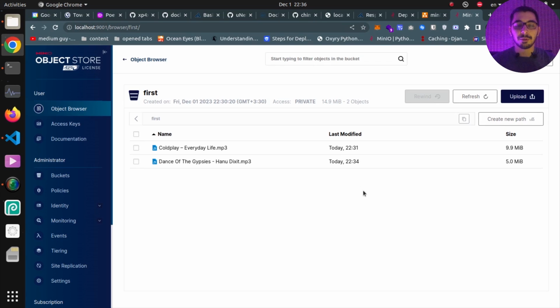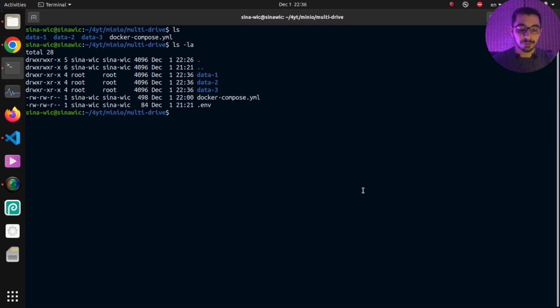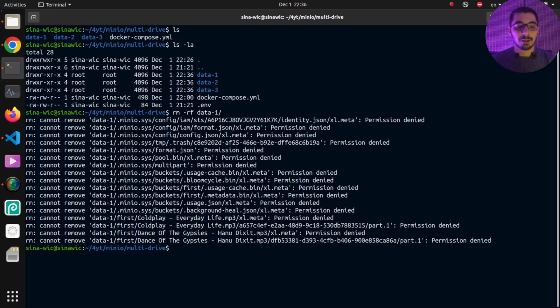As the last point, I'm going to remove one of the data directories and see how I can restore the data on a newly created data directory. So I'll go back to the terminal. I'll say rm -rf data-1. I'll hit enter and I get permission errors. If I say sudo in the beginning and hit enter,